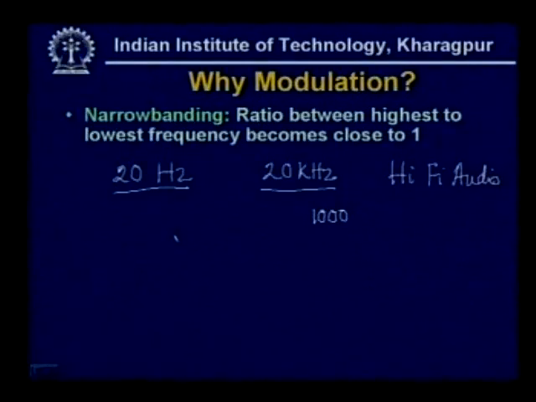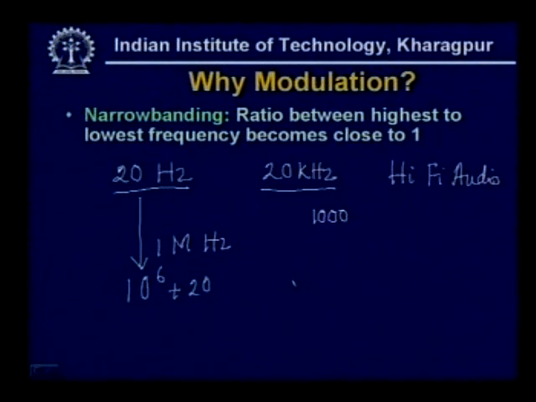So, you see, a single antenna will not be able to transmit both the signals effectively and efficiently. Now, suppose you modulate it using a 1 megahertz signal. The carrier frequency is 1 megahertz. Now, this frequency is translated to 10 to the power 6 plus 20 hertz,